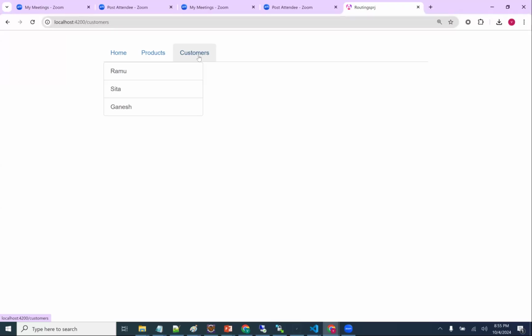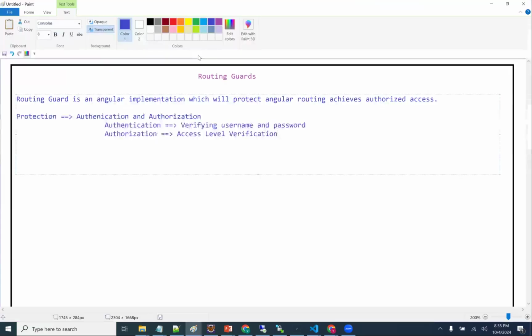They have different floors or partitions, and only those mapped to that customer can access; others cannot. That is called access levels. So protection means authentication as well as authorization. Verifying the username and password is authentication. Verifying the access levels is called authorization.